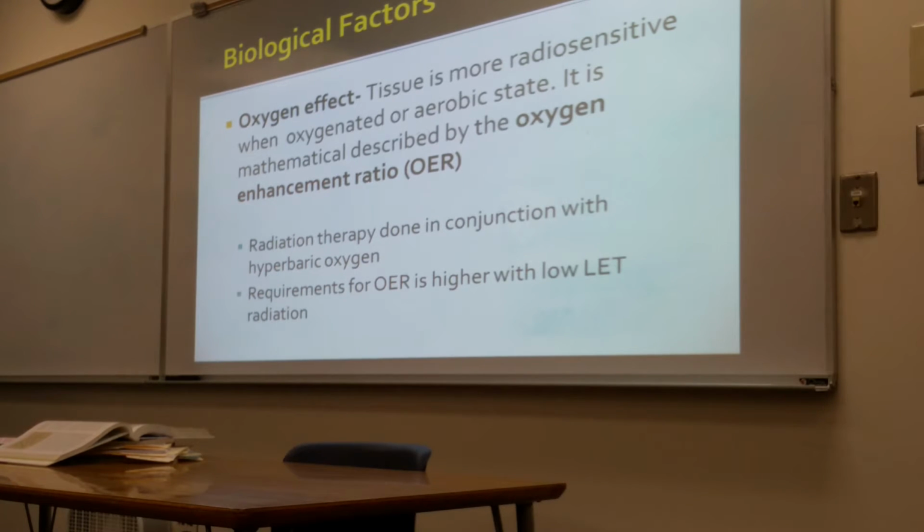Oxygen increases the effect of low LET energy. So now we can use lower energy, low LET radiation, to kill cancer cells without having to use high energy radiation. Is that good for the body? Mm-hmm. Okay, so now we can use lower doses of radiation and have the same effects as if we were using higher energies, by introducing oxygen to that particular tissue that we're trying to treat.